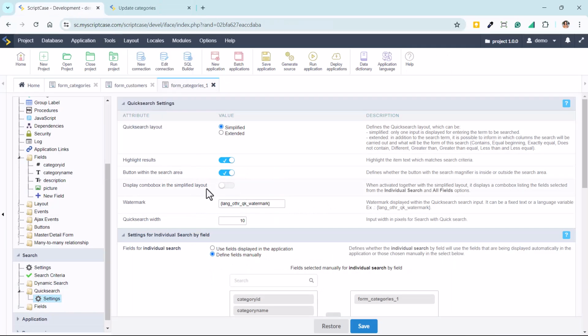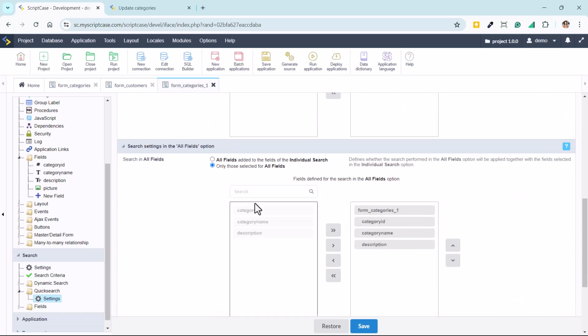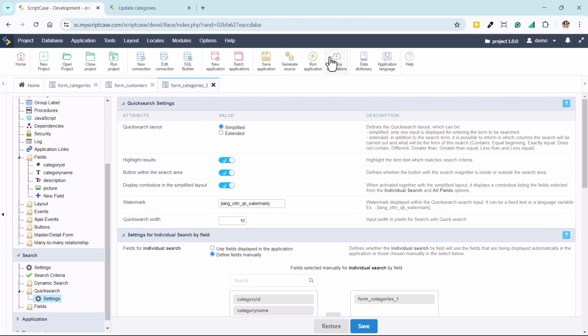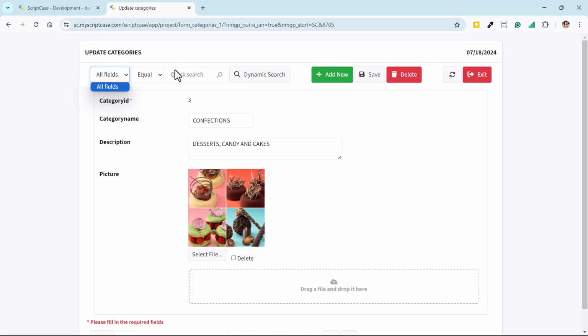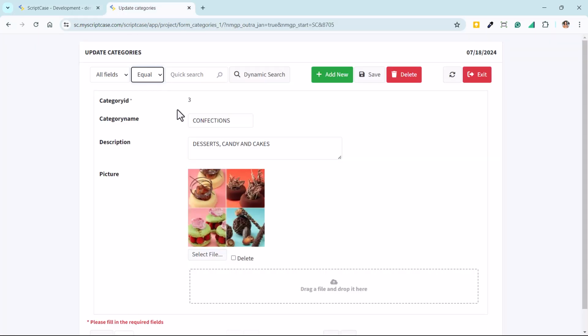So when I have this option here not activated, this option will disappear because the final user will not know the all fields, what is inside the all fields. So if you activate it, the final user will see only the combo box with the option all fields and also the combo box with the equal condition, okay, and will be able to search. But since we don't have options for the final user to choose in here, you can use this option to remove this combo boxes.